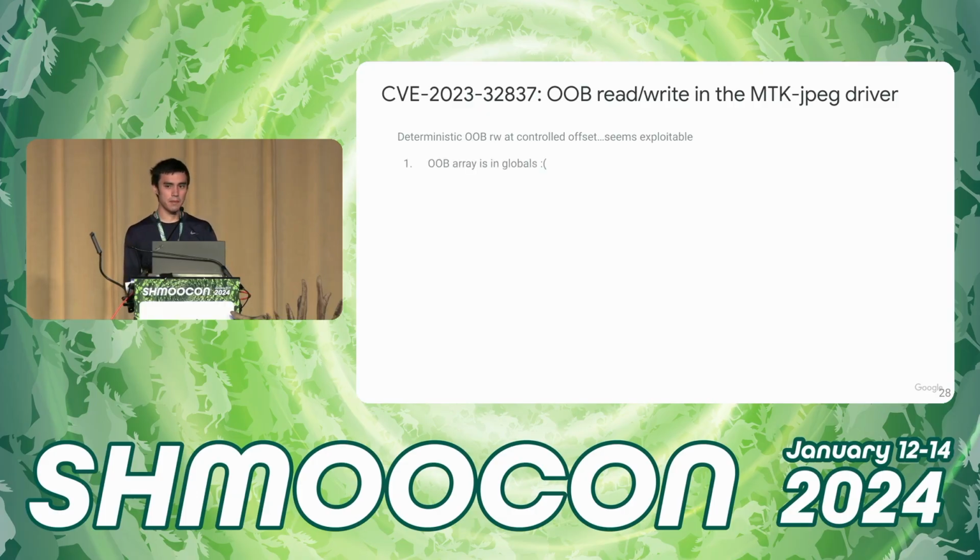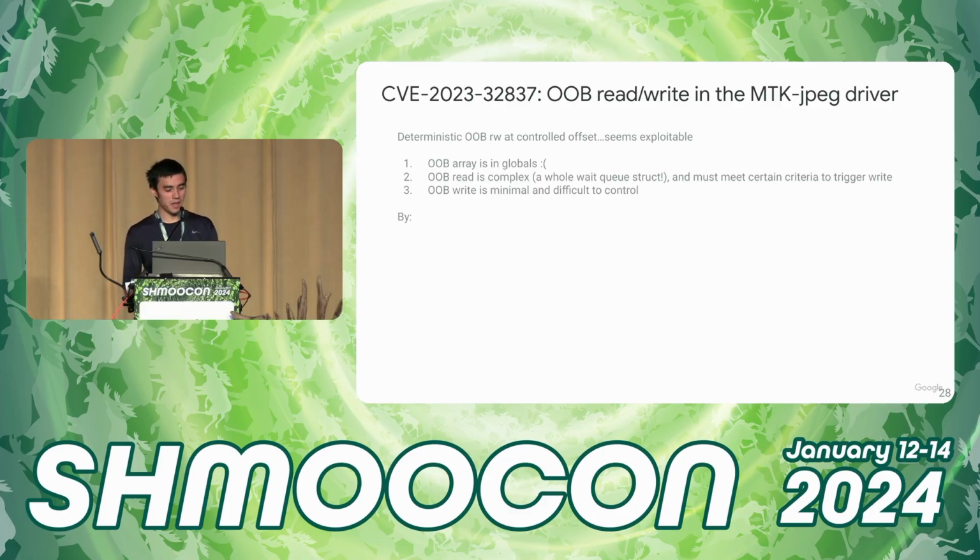But there are a couple of things that make it quite difficult. One is that the array that I'm accessing out-of-bounds is in the globals, so I couldn't really control anything about what was behind or in front of this array. The read was also very complex. It was reading an entire wait queue struct, and it had to meet certain criteria in order to trigger the write at all. And the write itself was minimal and very difficult to control. I could write basically 0 and 1 and some stuff, and that was it.